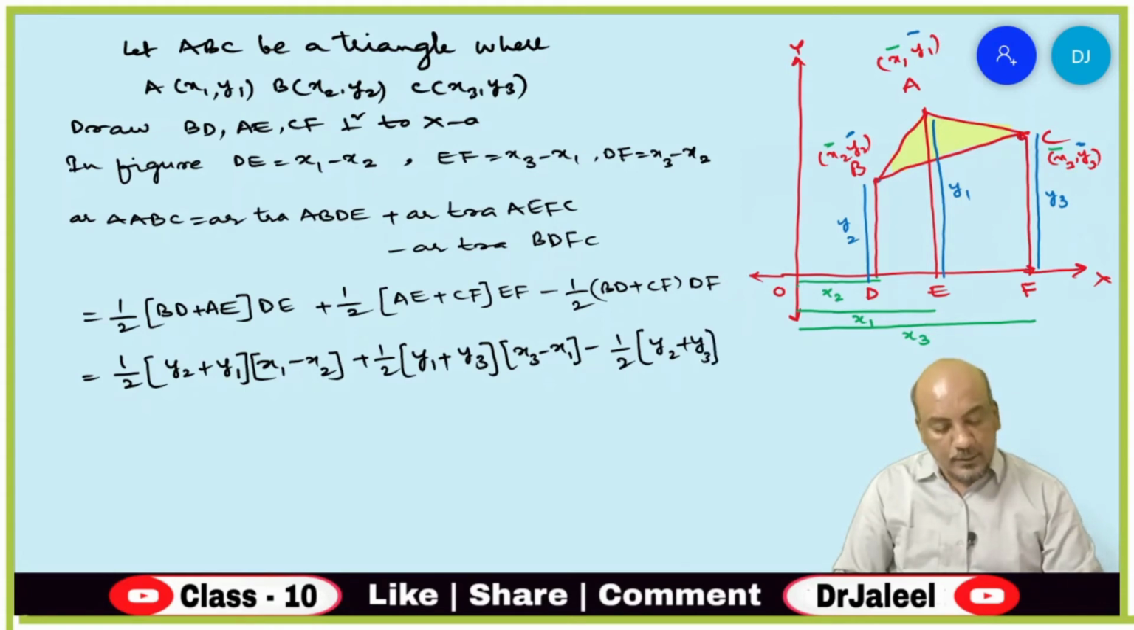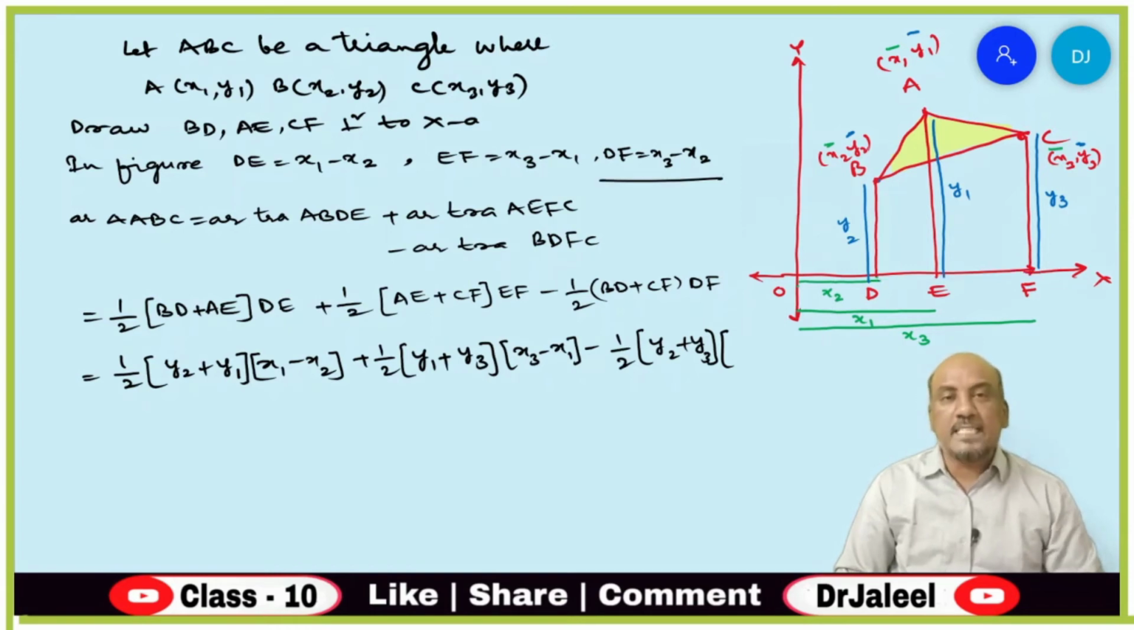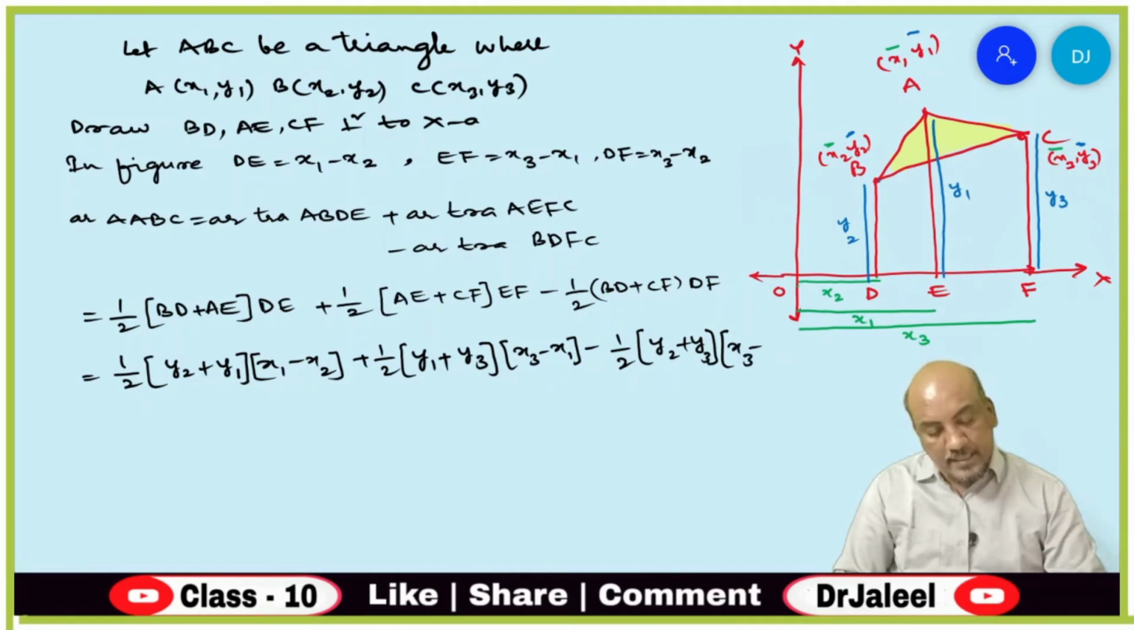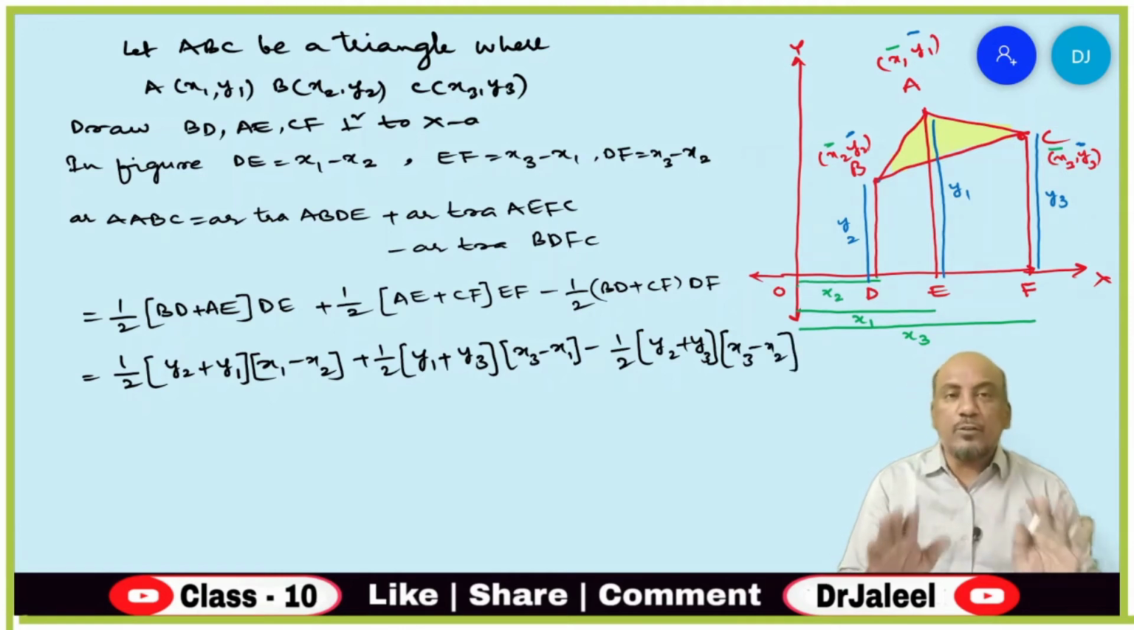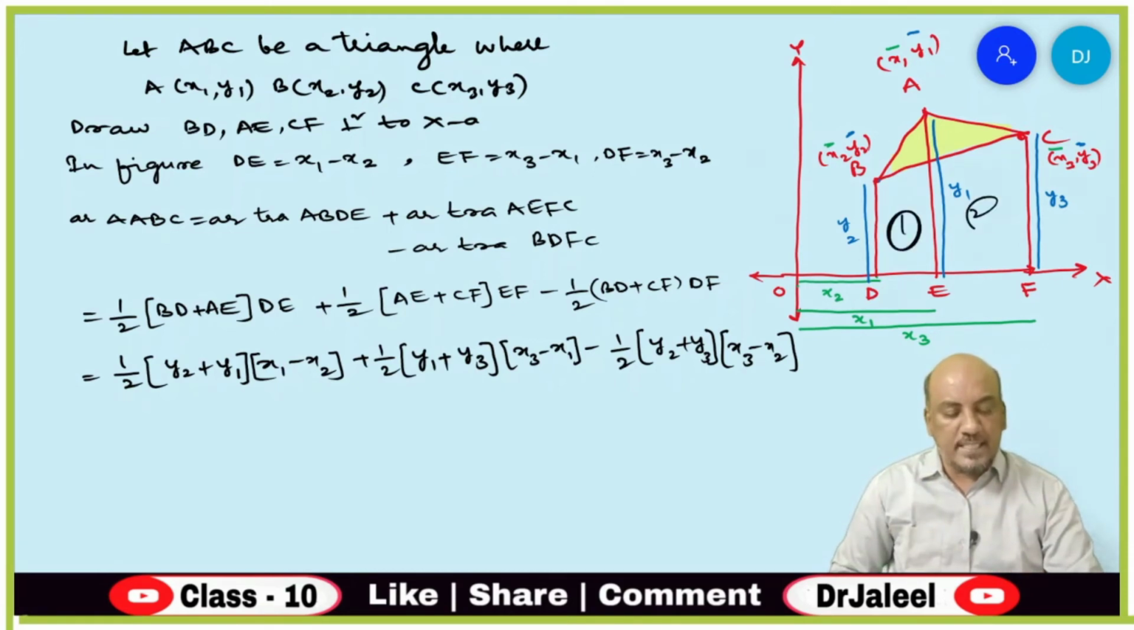Y3 into, now tell me what is this DF? DF means this distance between parallels. DF already you got it here: X3 minus X2. So let us copy it. X3 minus X2. Children, don't be confused. You follow the procedure. Area of triangle is equal to area of first trapezium plus area of second trapezium plus